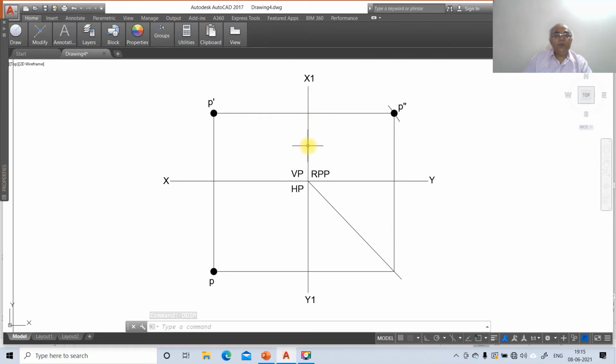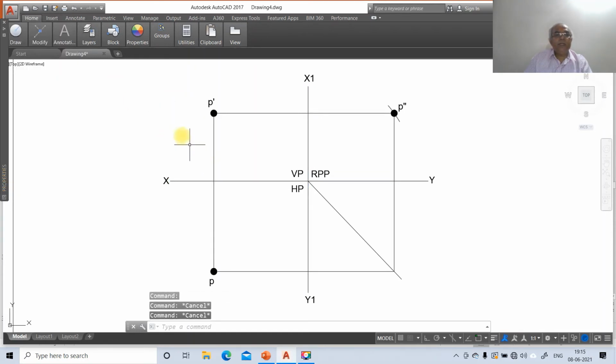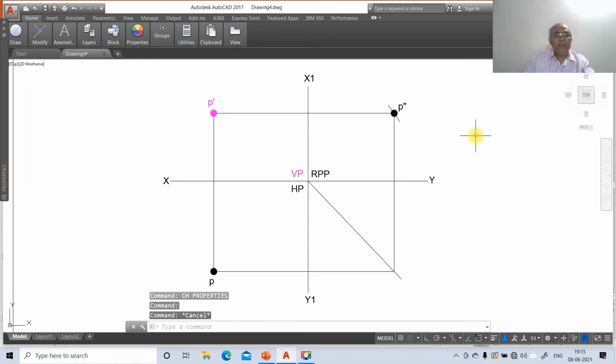First you just go to this and this, go to CH and go to layer, change that layer to XY, then escape. Then you select this front view, all the three. Go to CH, go to layer, make this front view, then escape.